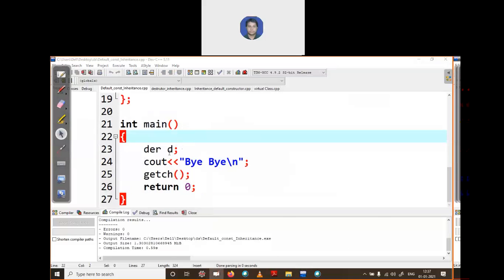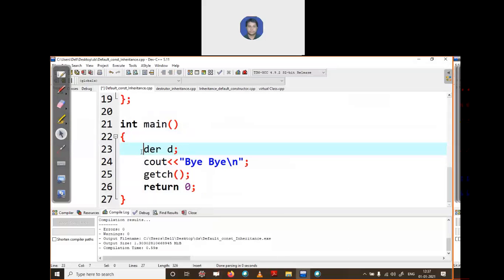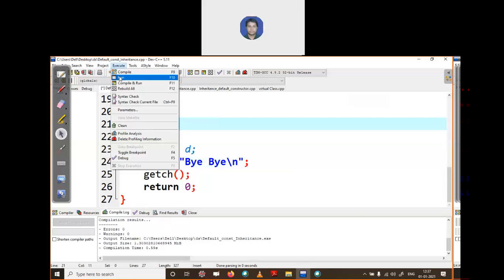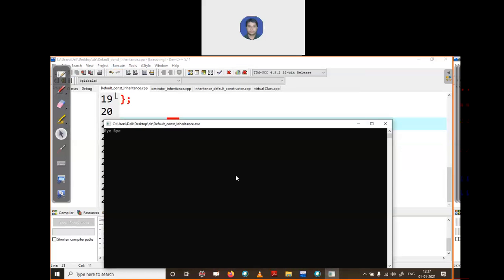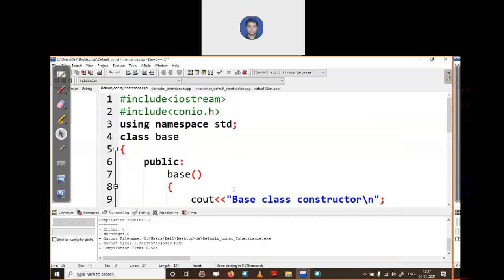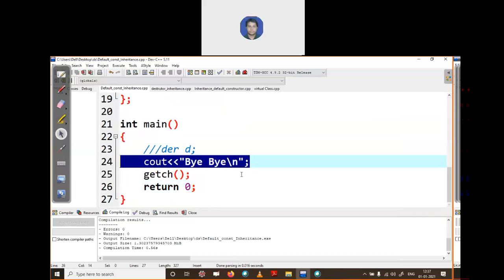I just removed the creation of the object of the derived class. Now let's run this code. You can see there's only one message, which is YY. No derived class constructor is fired, no base class constructor is fired. Nothing is fired, only this message pops up.